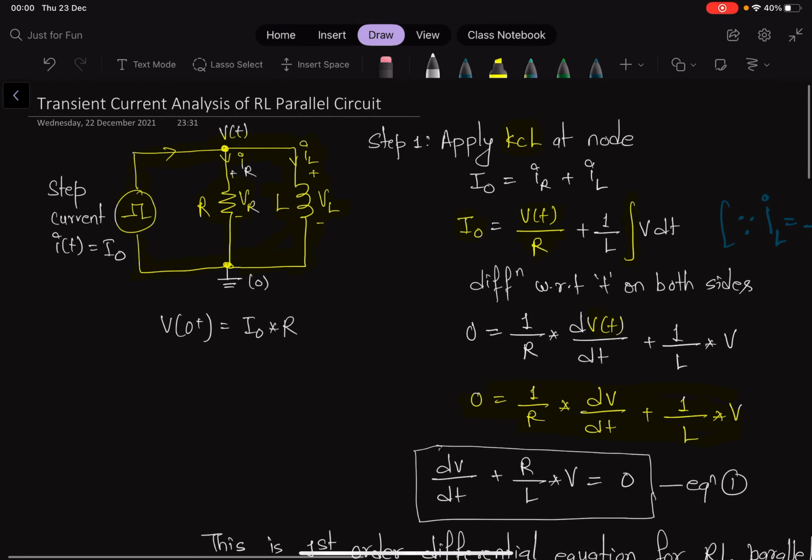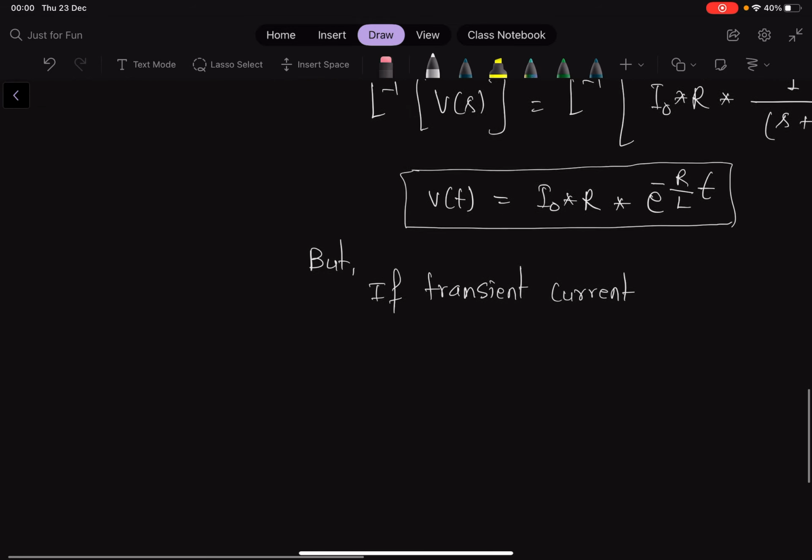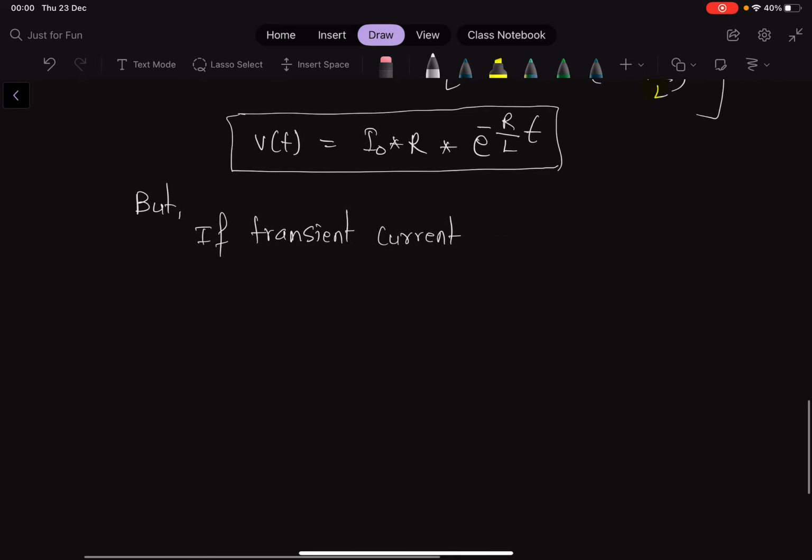Is it IR or IL? We can find both currents basically. If the transient current is what we are interested in, and let's say IR is what we are interested in,